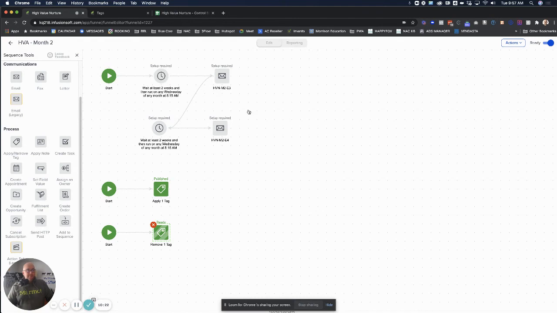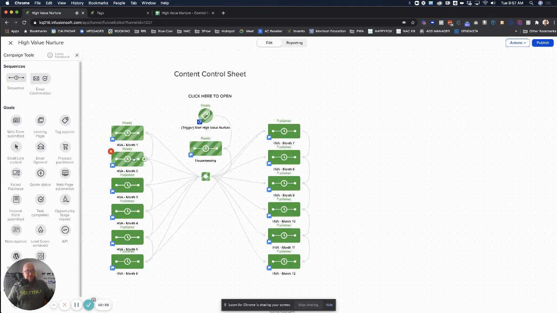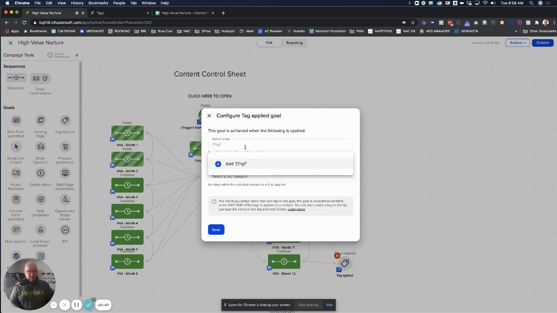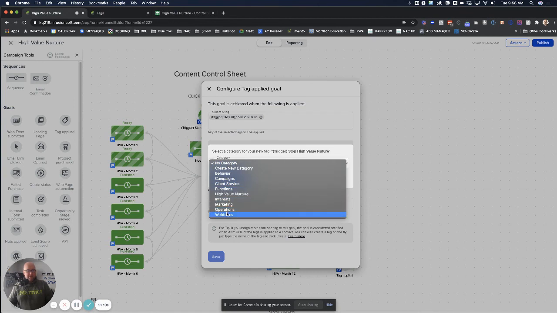So we go through that and we go all the way through the sequence. So these just go piggyback all the way down. They go from 6 to 7 and go down this way. Now, at the very end, one of the key things we want to do is we want to have a stop tag. So we're going to put a new tag in here. We're going to connect it and we're going to call it trigger stop high value nurture. We're going to go add, and we're going to put it into